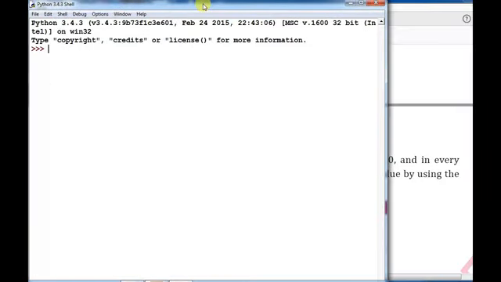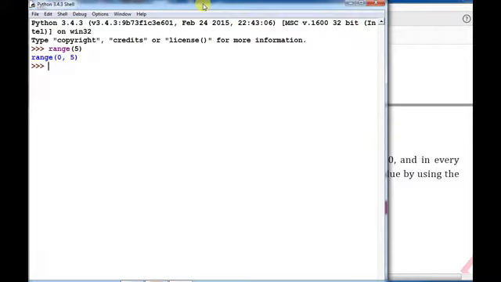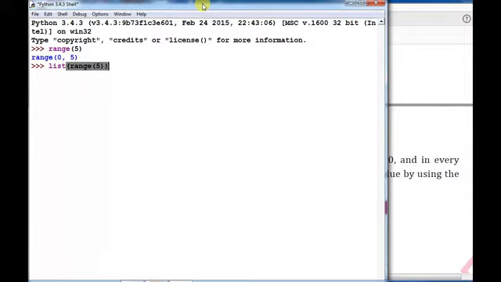So this is the range function. Let me check: range(5). It will generate values in this format, 0 to 4. We have to use the list function so that it converts whatever numbers are generated by the range function and displays them in the form of a list: list(range(5)). The list is a function that will convert the values generated by the range function into a list. So look at the output: 0, 1, 2, 3 and 4. These are the values generated by the range function.